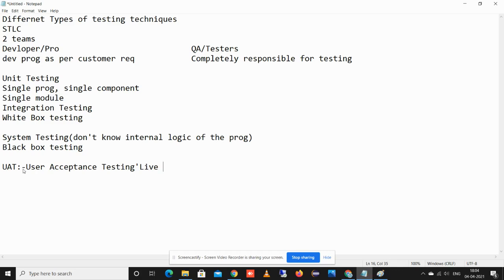According to the customer requirement document, if they find any bug, they will report it. Once the testing is done by the UAT team and they verify it's working fine, then we deploy the software into the live environment. This is known as user acceptance testing.